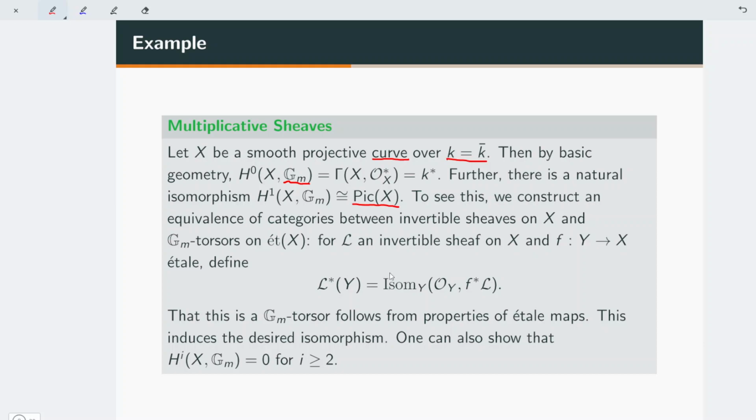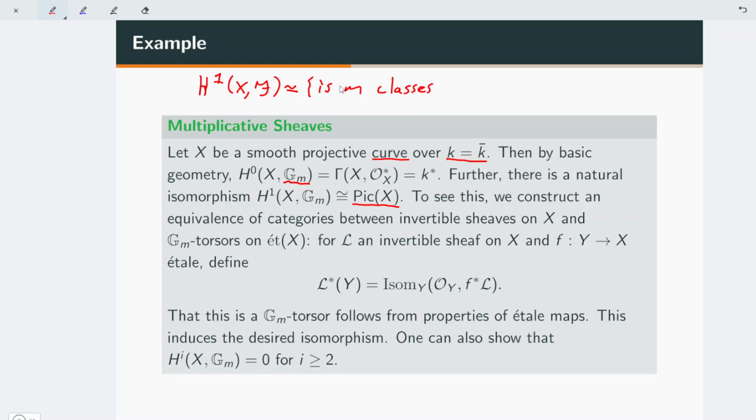Even in these simple examples, there's going to be some hand-waving, some shoving stuff under the rug. The first thing we would need to do, if I wanted to give a full proof, is to show that there is a natural bijection between H1 of X and F. Actually, for any site, I believe it works for any sheaf of abelian groups. It's naturally in bijection with the set of isomorphism classes